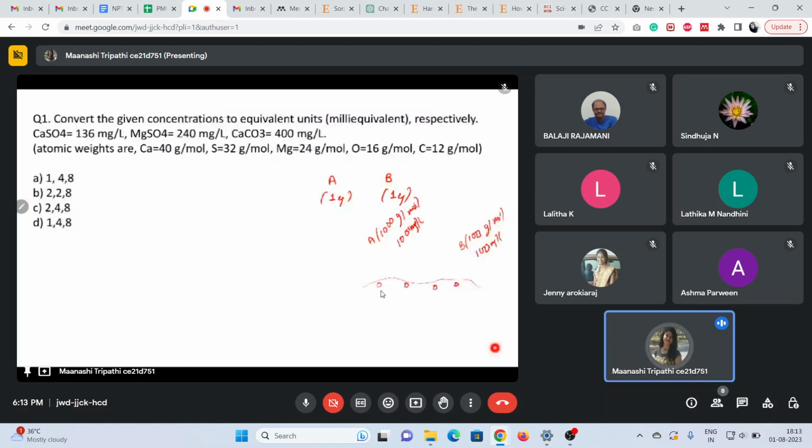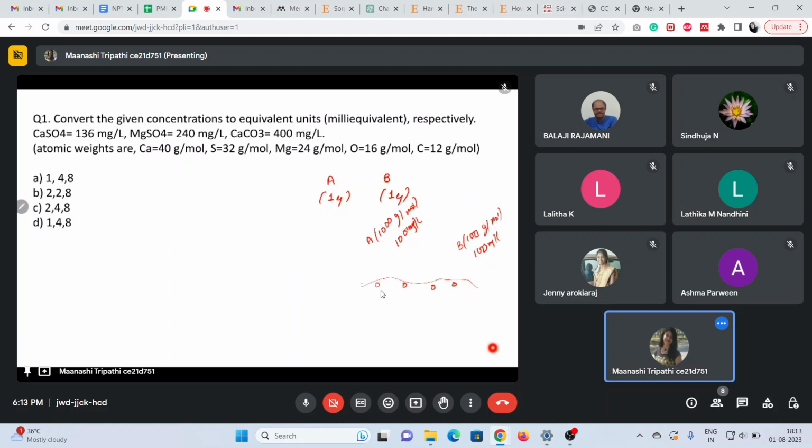That is the only common ground by which we can compare two compounds that fall in a very big range of molar mass. So that is very important. If there are two compounds having molar mass like 200 or 210, then in practical application it won't make any difference, even if they are in concentration units like milligrams per liter or grams per liter. But if the molar mass is very diverse, here come equivalent units. That is why we should learn how to convert the concentration into milliequivalent units.